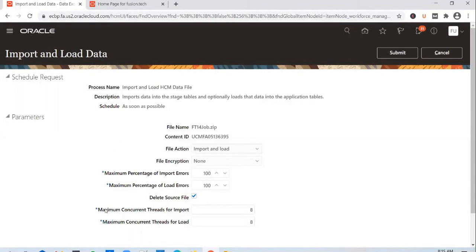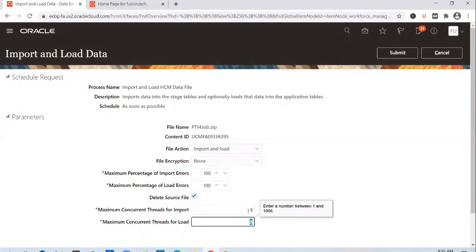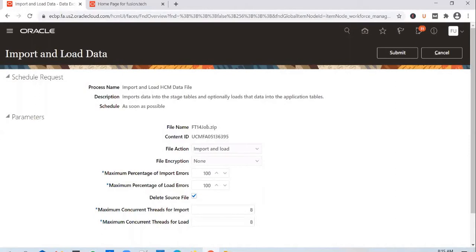The default value for the maximum concurrent threads, for import and load, is 8. And what are the valid values allowed here? You can enter any value between 1 and 1000. Say for example, you're loading this job file, and let's say there are 10,000 jobs in there.